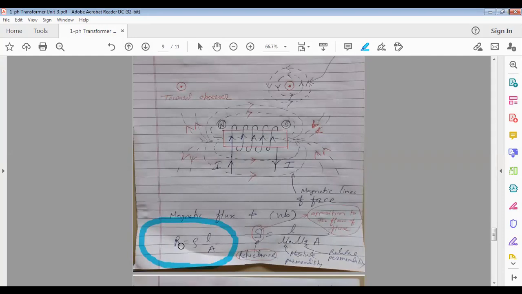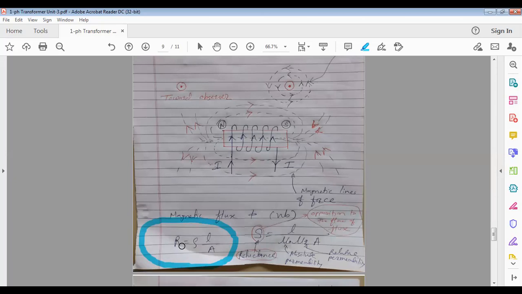But under the ground, for the transmission of electricity, whatever cables are used, there aluminum is used for the flow of current, because under the ground lots of space is there. So copper and aluminum are used because their resistance is less and conductivity is more. This is all about the metal, conductor, and current.